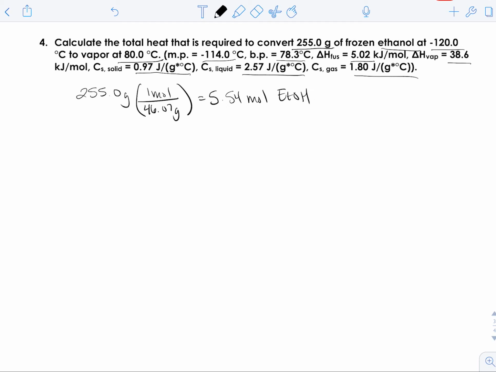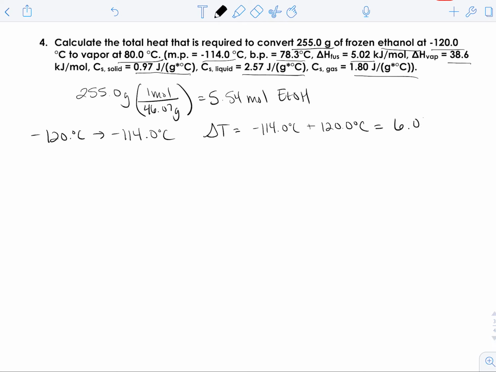I can then do each of the steps. So we're starting out as a solid at negative 120 degrees Celsius, and we're going to go up to our melting point of negative 114.0 degrees Celsius. So here we have a temperature change, which is our final minus our initial. So it would be plus 120 because a minus minus a minus is a positive,